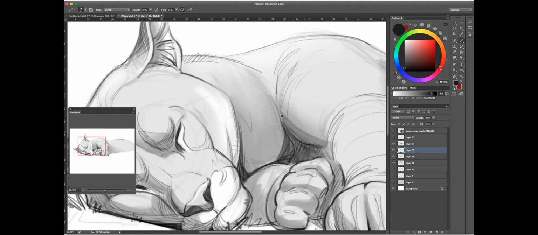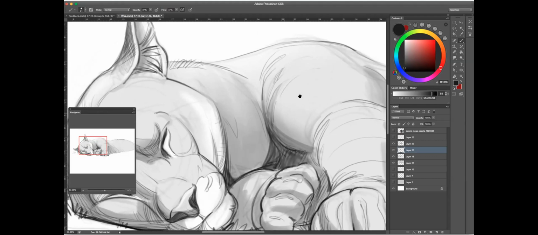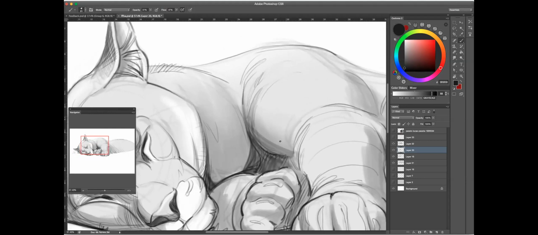And sometimes that can help you figure it out when doing traditional work, but that's just me. That doesn't have to happen to everybody. But traditional work helped me a lot to figure out some things I was struggling with in the digital media,